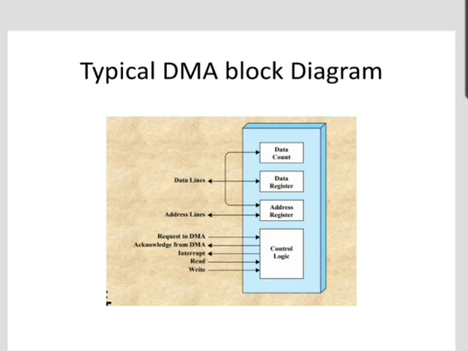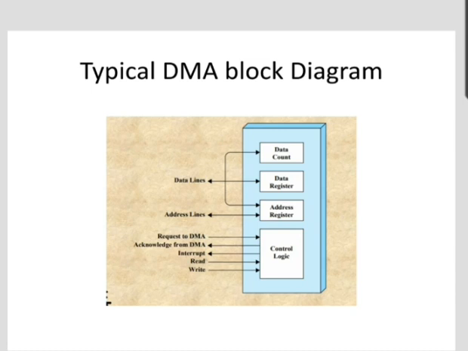The DMA increases the speed of input output transfer by eliminating the role played by the CPU in such operations. When a large amount of data is to be transferred, a DMA module can be used. The DMA operates in the following way.